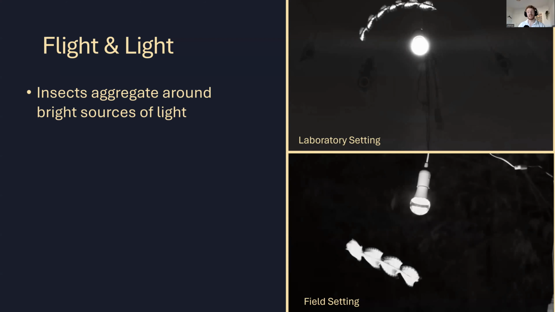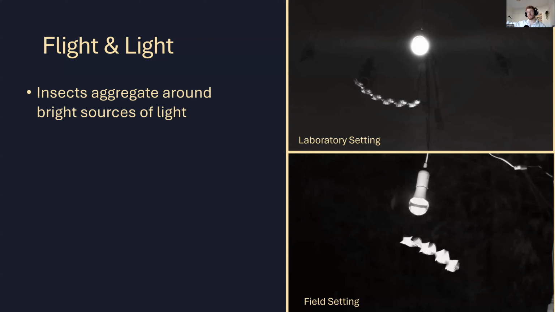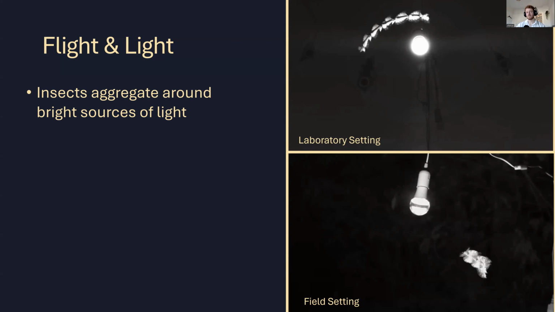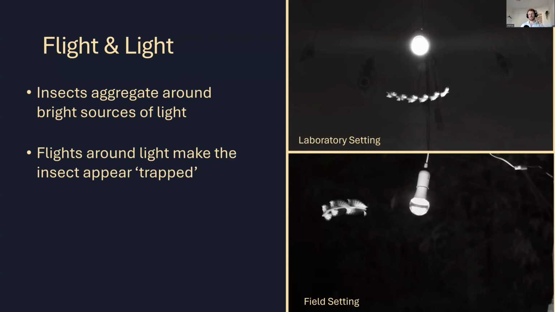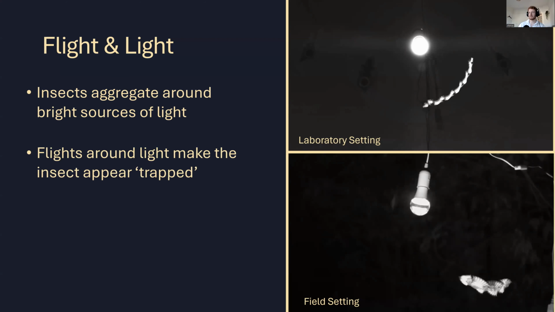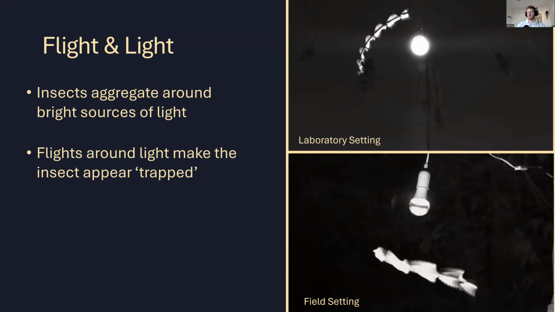And it's probably something that every human being for the last 200,000 years has noticed as they sat around a campfire, is that occasionally insects would drop out of the sky straight into the middle of that campfire. And the flight that you see around something like a bulb makes it look like the insect's trapped. It looks like a maladaptive behavior. Something's gone wrong and it's got stuck. But what can that possibly be? What is trapping them there?